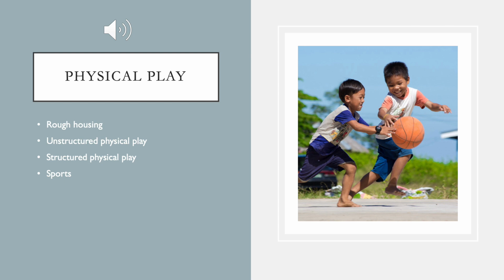And it's common for children to want to engage in roughhousing, which is also known as rough and tumble play. And during this type of physical play, children are engaging in cooperation with one another. So there are a lot of social exchanges happening back and forth during physical play. And most likely physical play is happening with another person. Especially if you're engaging in roughhousing, you're going to be seeing children do that with one another.